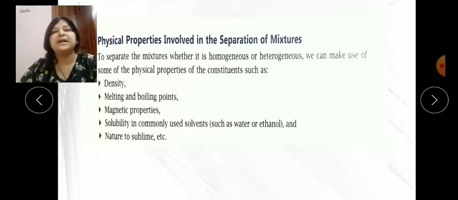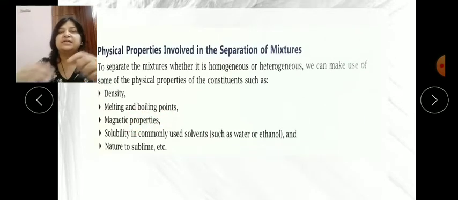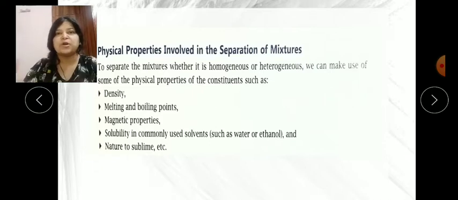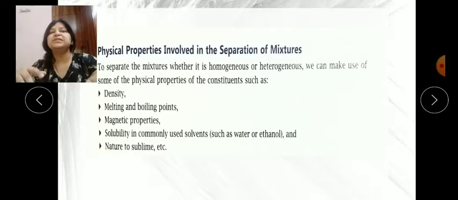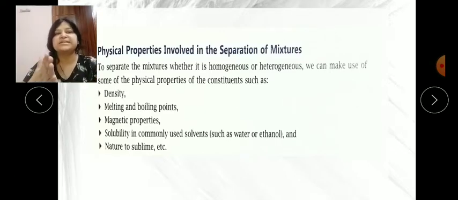Now based on the melting point, and as you know in the evaporation process, okay, if we provide the heat or high melting point, water will evaporate, leaving behind the salt and sugar. Okay, so these are the properties through which we can easily, we should know, so that we can apply the correct separation method.